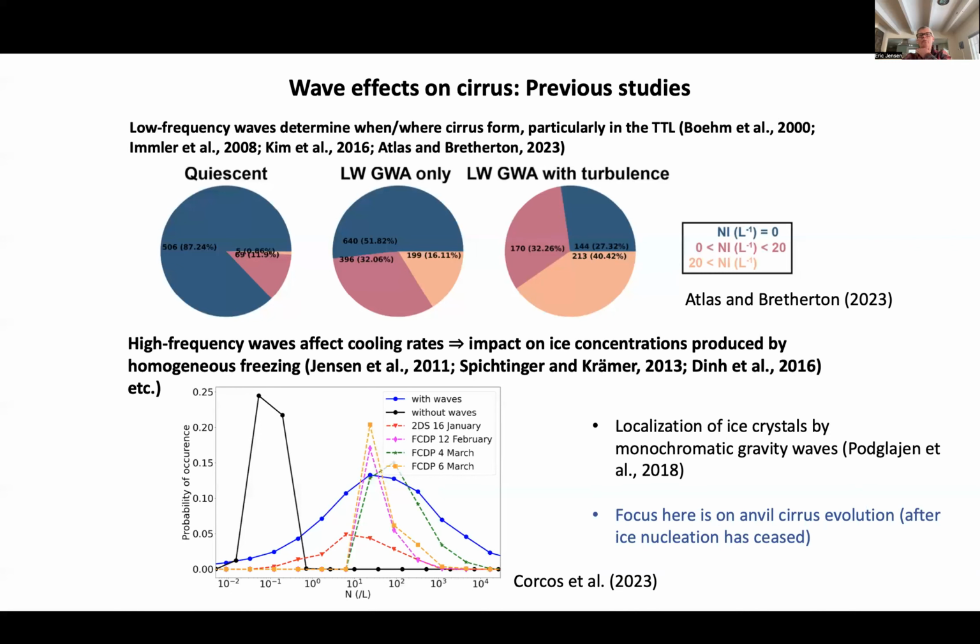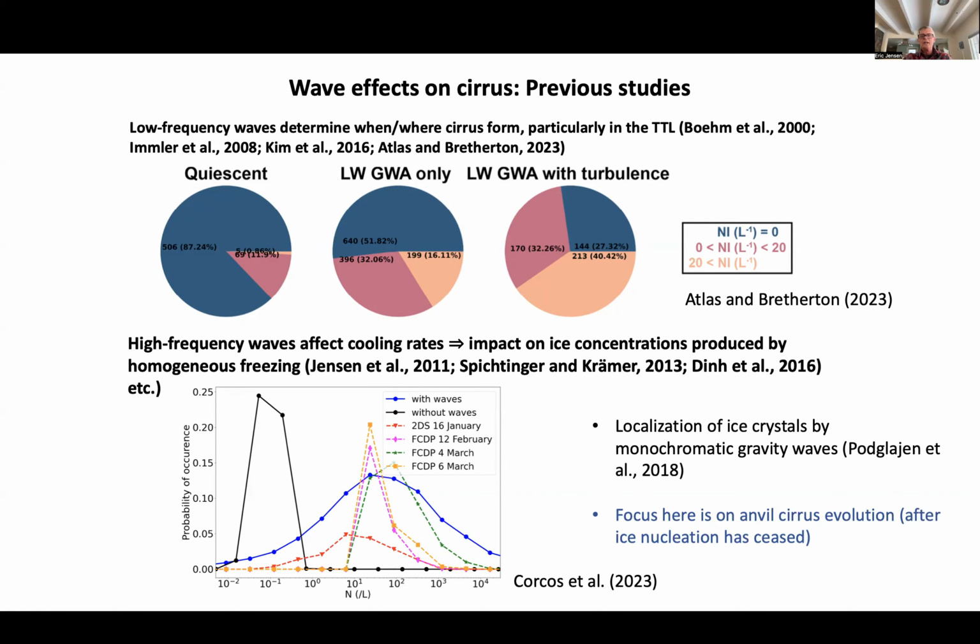Okay, so in terms of past studies of wave effects on cirrus clouds, I think they can be lumped into two categories. The first is that these low frequency waves tend to determine when and where cirrus forms. And by low frequency, I mean planetary waves, Kelvin waves, that sort of thing. And there have been a number of studies showing this. I've listed some of the